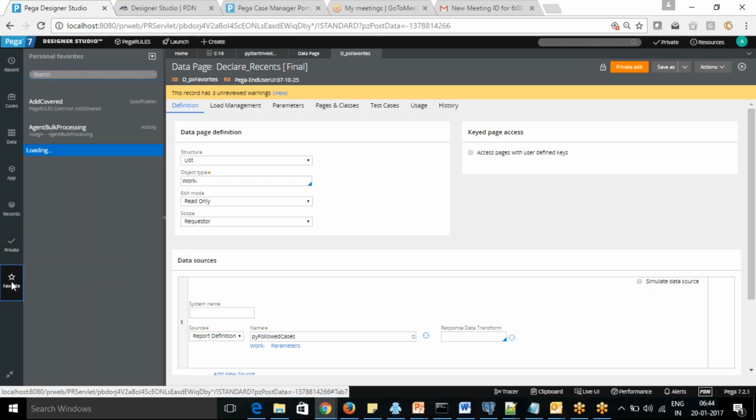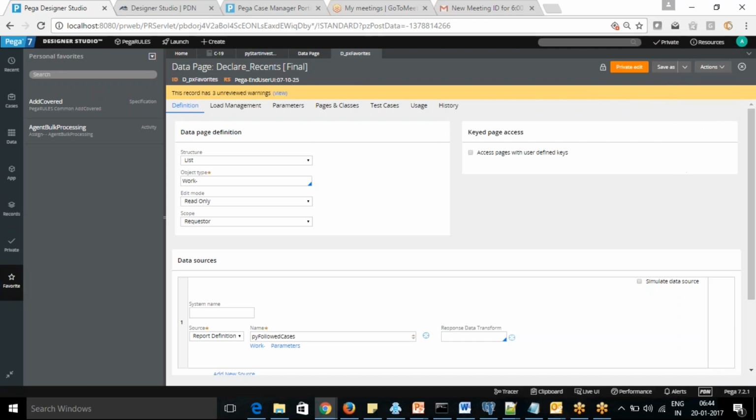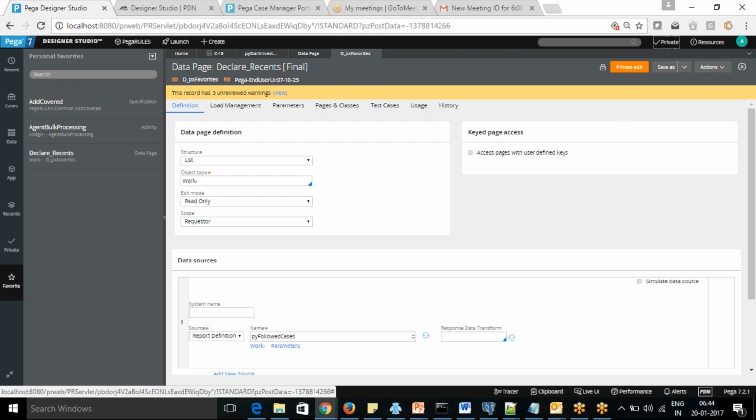And favorites: any rule which is a favorite for you, you can add as a favorite. So if dpx is my favorite, I go to the action tab and click add to favorites. Now you can see that this one is added in mine as well.